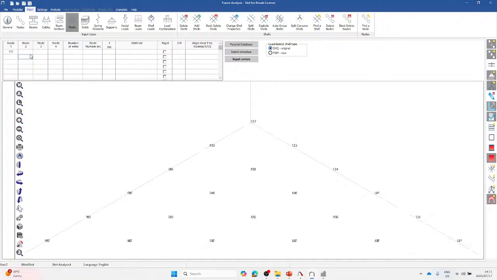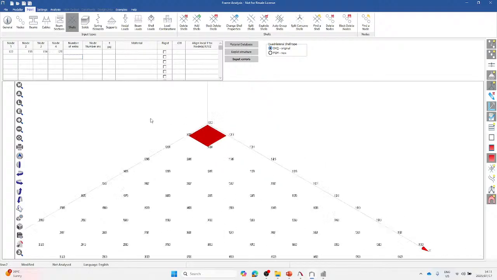If I zoom in, it should be correct, 133, and the next node will be 134. And the moment I start populating each node to define my shell, you will see on the screen the shell will be populated,